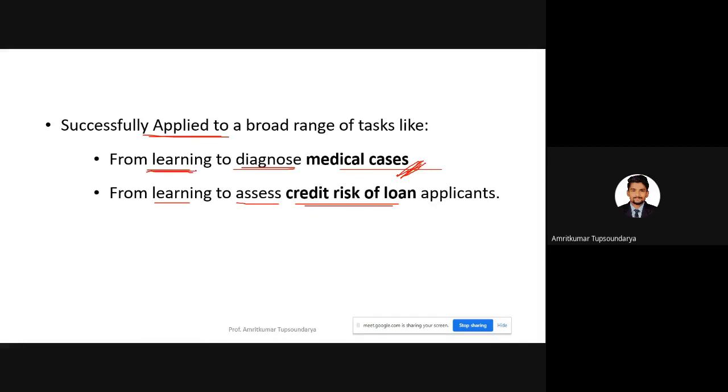Another successful, tried and trusted application is learning and assessing credit risk of loans. So this tree method can also be used in the financial domain, wherein we can have a few values in the form of numbers, and we can classify the instances to converge to a few values, the attribute values, the target concept.